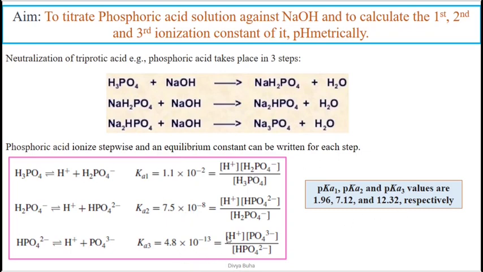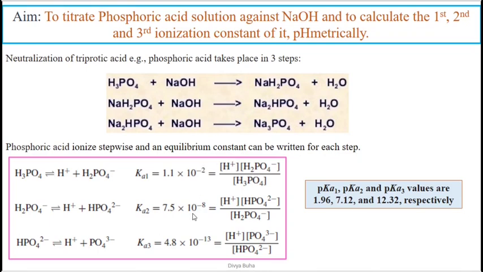Okay, so in this way you can interconvert both of these values. Now, ionization constant values would be constant at a constant temperature. With the change in temperature, there would be slight changes in the ionization constant values also. So over here, these values would remain constant at 25 degrees Celsius, and with the change in temperature, there would be slight changes in these values.